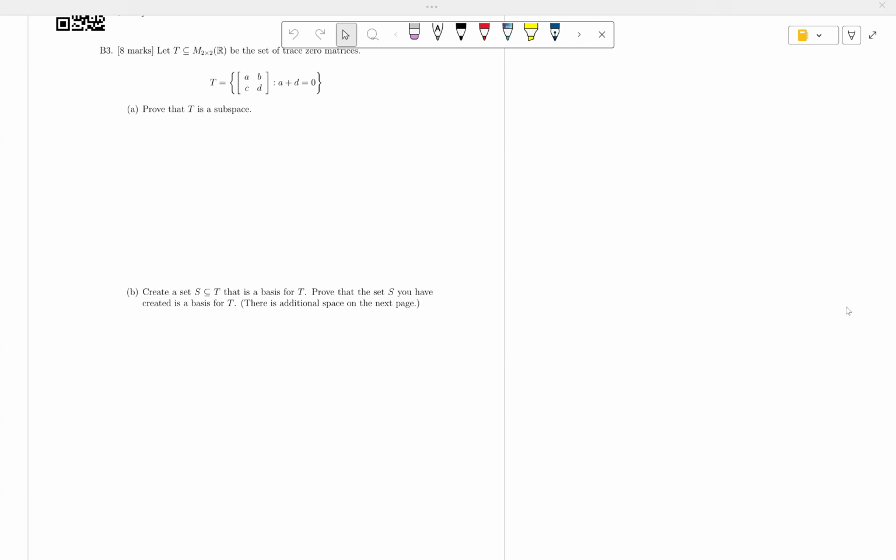So in this question, we are given a subset of the real 2 by 2 matrices. And what we're first told is to prove that it's a subspace. So to prove it's a subspace, we need to do two things. We need to show that it's non-empty, and we need to show it's closed. And the reason why we need to show these two things is it's much faster to use the characterization